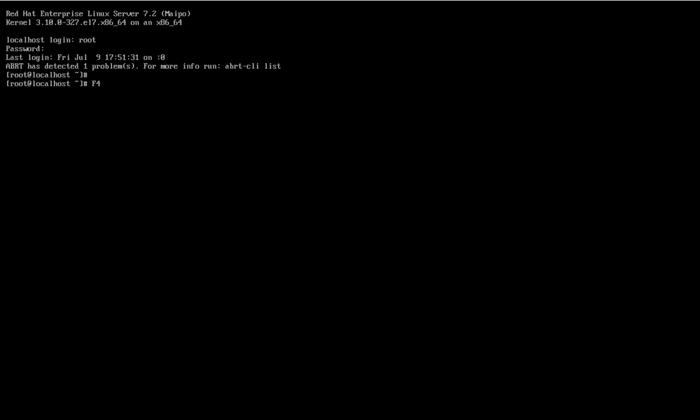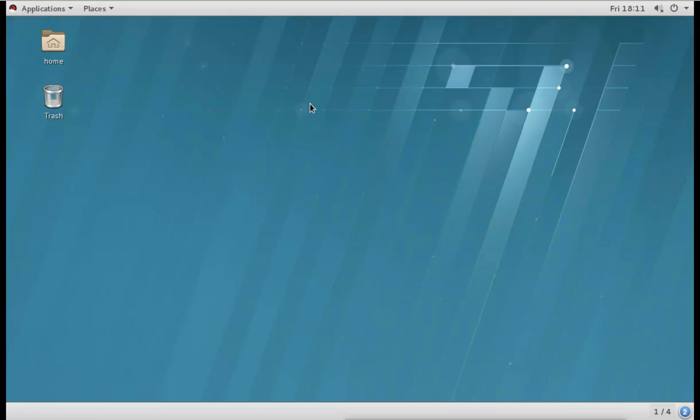Same as if you are coming from the graphical terminal to command line, then you will press Alt Control, and when you are already in the command line terminal, then you don't have to press Alt Control, you just have to press Alt, and Alt F1 is the graphical one. So these are the different terminals we have, where we can switch the user from one account, one terminal to another terminal, and we can log in with different accounts there.